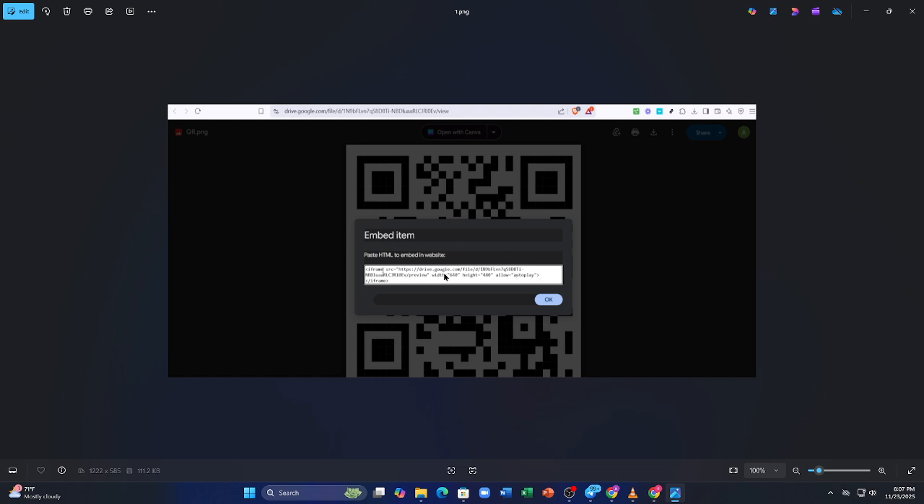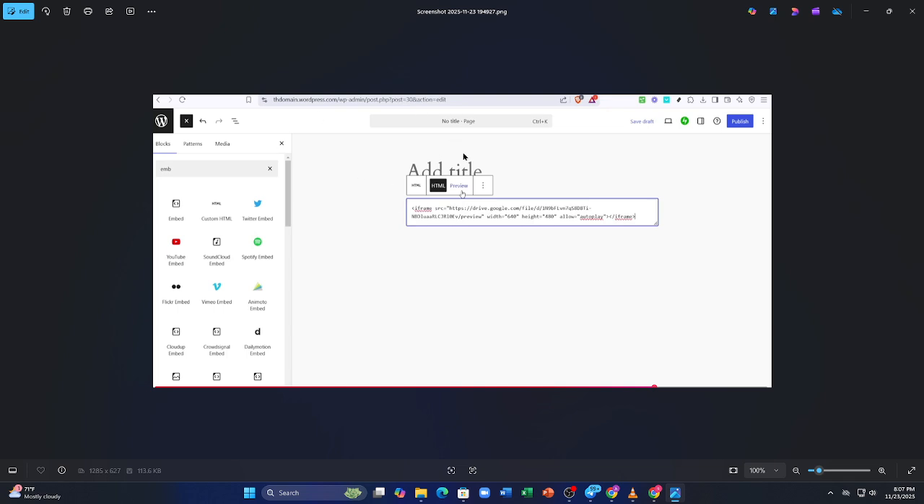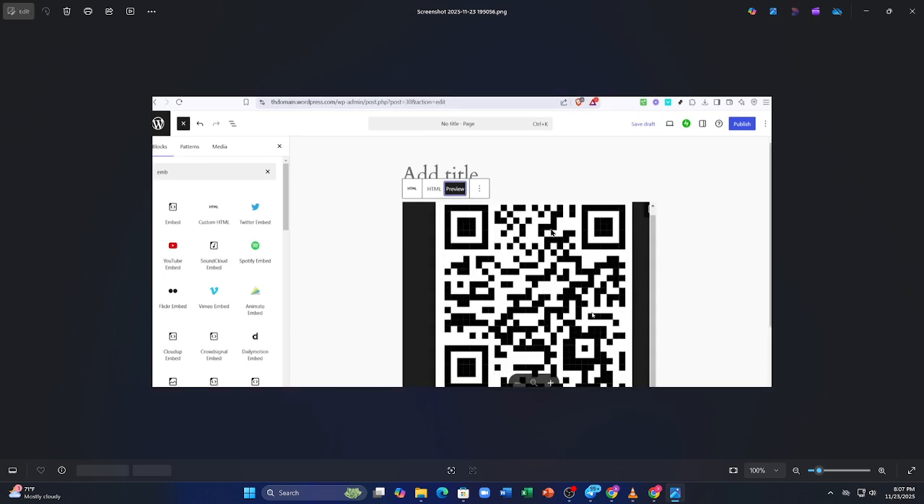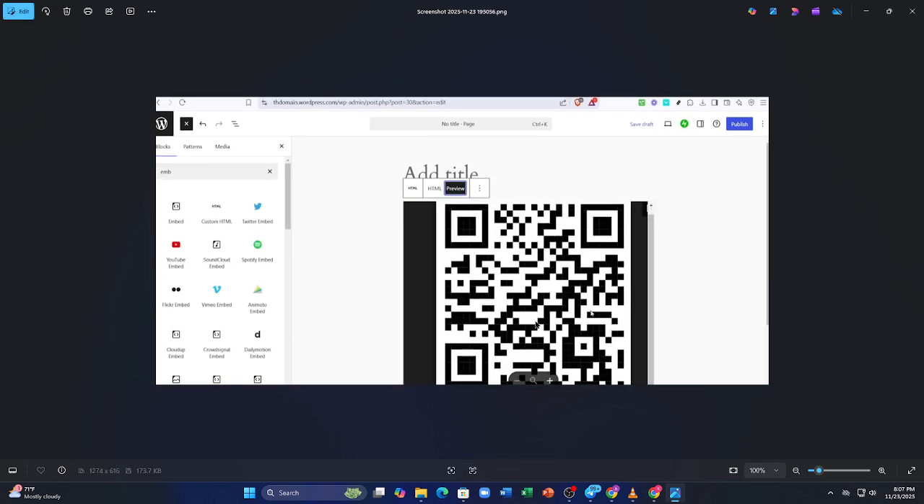And if you're using HTML instead, just paste this line. img src, your direct link here. Once the image loads, you can resize it or center it, just like any other image